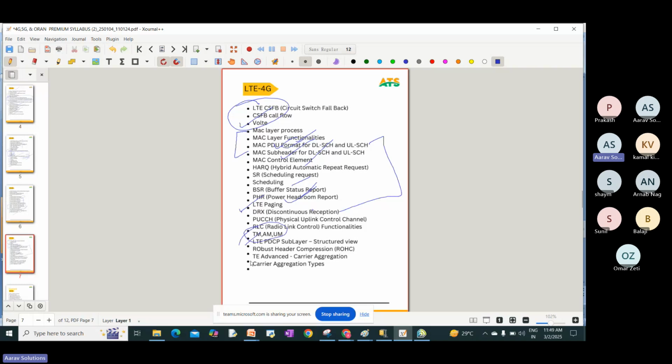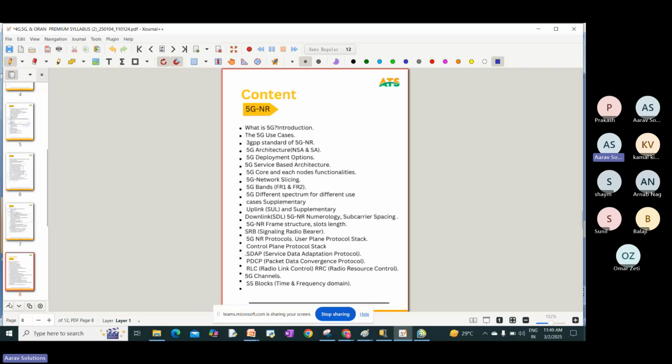In RLC we have TM, UM, and AM modes, so that we will discuss. Then we have throughput and carrier aggregation, which we will try to understand. Then we will move to 5G. Similar to LTE, in the same way we will understand 5G from the very scratch,